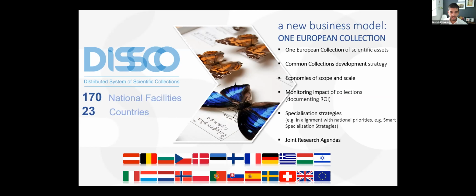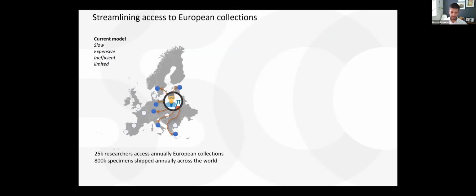I apologize. Essentially, what we are trying to do in our attempt to digitize our collections in the context of DISCO is move from a model where we are actually moving specimens and people from one place to another to be able to access those collections, to a model where we transform the physical object